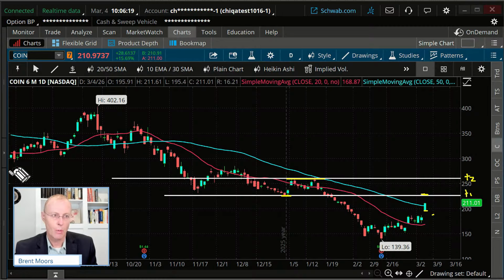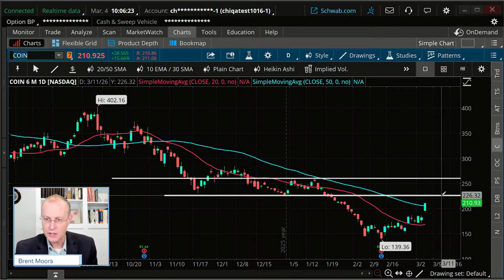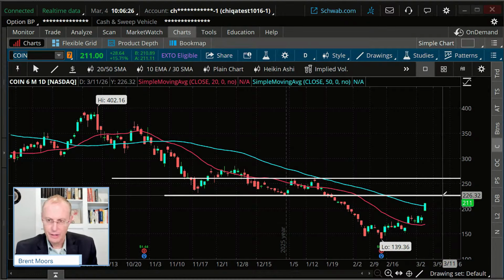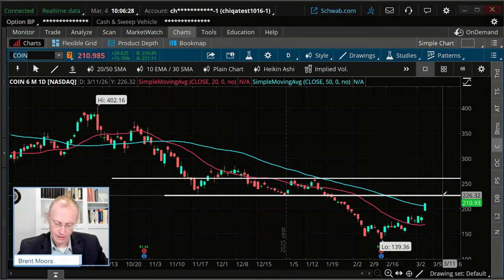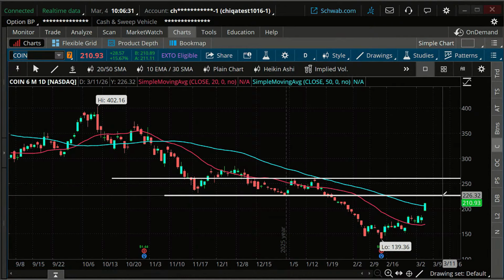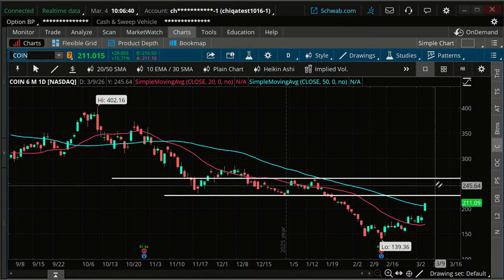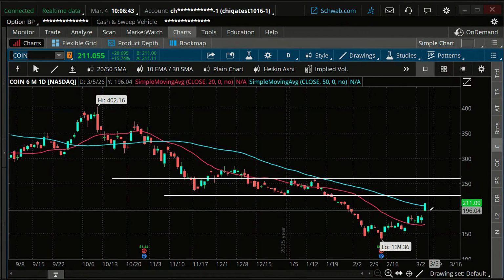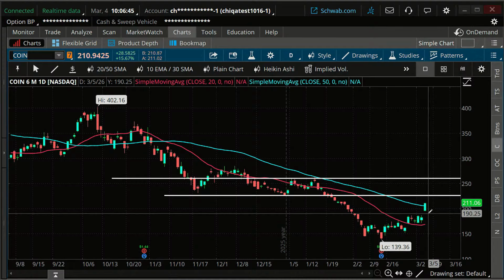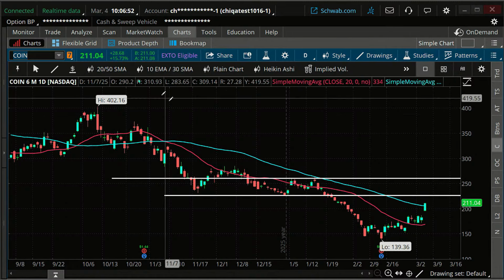All right. So first of all, let's figure out the prices that we're dealing with here. This T1 level, or target 1 level, is going to be about 226, and I'm going to jot these down real quick. This level up here is going to be right around 260. That's going to be my target 2 level. And I'm going to put my stop below today's low. We'll give it a little wiggle room, but right around 190, I'm going to put a stop in there. Okay. So let's look at a potential trade here.